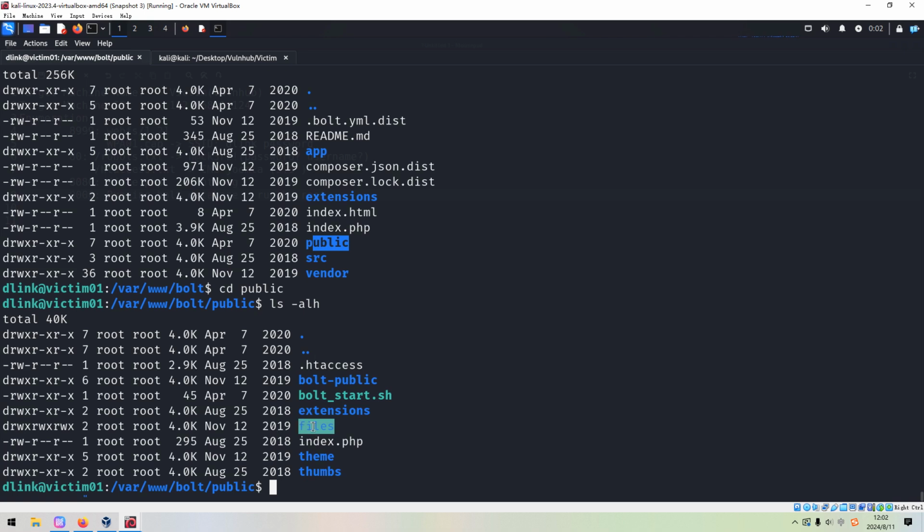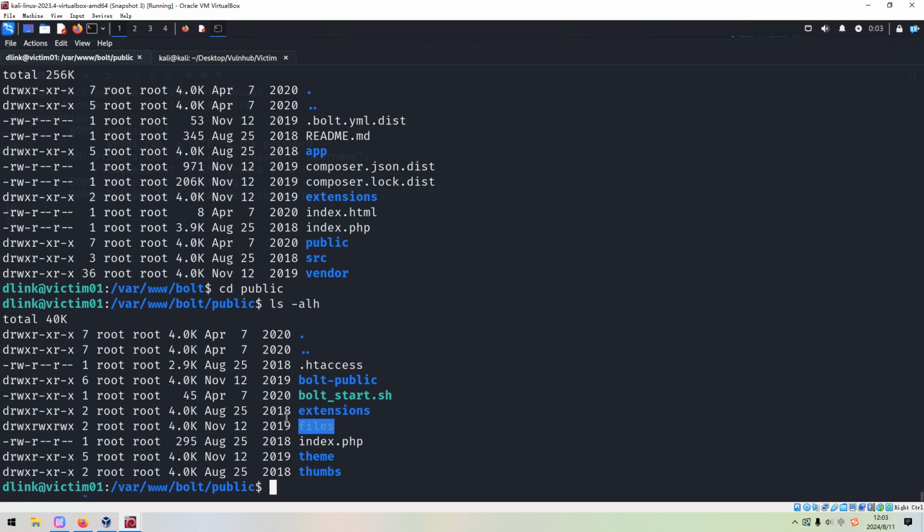Very weird, you know, this is not correct configuration. The files directory, everyone has read, write, and execution permission. And also just as mentioned earlier, this boat application is running by the root user.